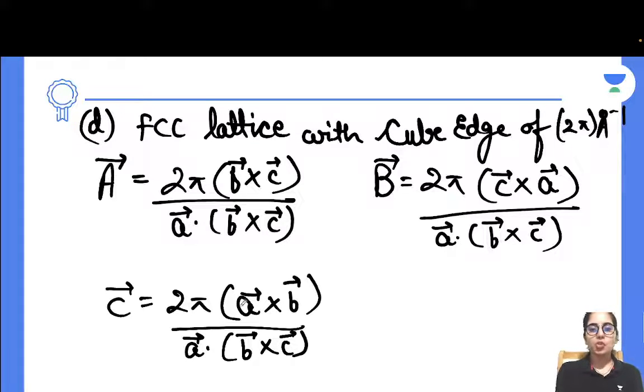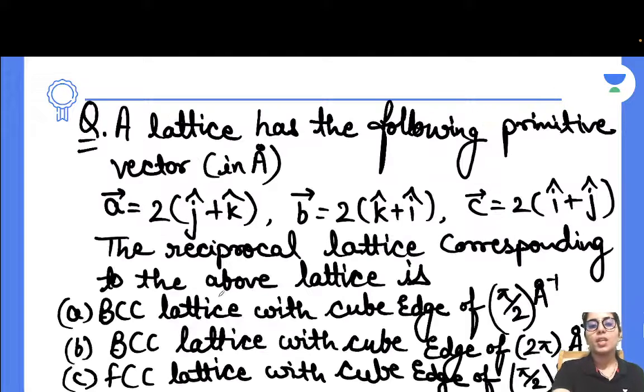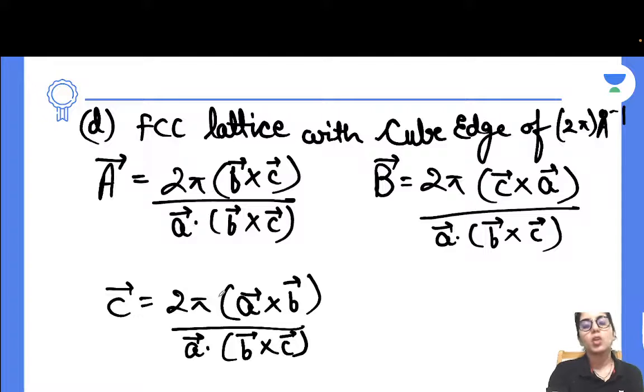In this case, you just have to plug in the given values of A, B, and C. Depending on the values given, you just find their cross products. I'm going to wait for your reply. If you get the answer now just by plugging in the values, that's great. If you have difficulty, you can tell me and I'll go ahead with that discussion. So let me know if you want me to discuss it, or is that clear?